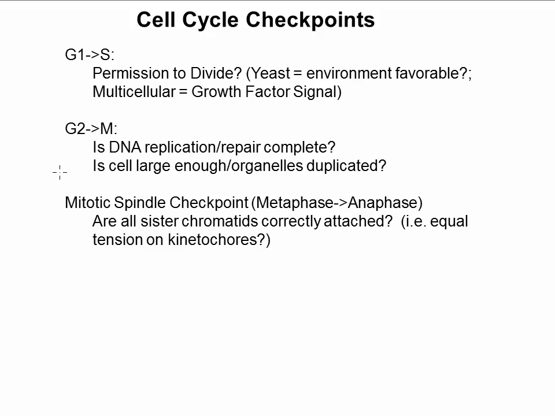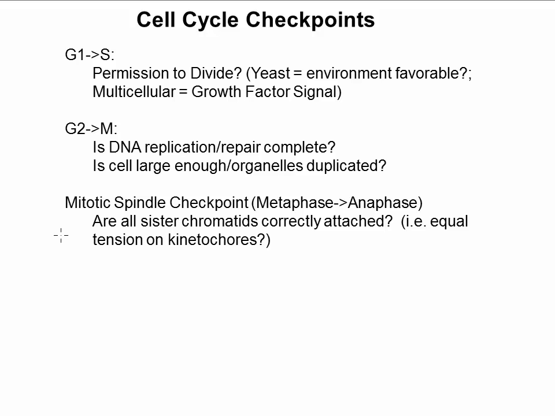and actually undergo division. Now, what's happening at the mitotic spindle checkpoint is exactly what we saw illustrated in that nice movie that we watched in the mitosis video, where we saw the kidney epithelial cells undergoing mitotic division. And remember that we saw that one straggler chromosome that wasn't correctly attached up. It was actually only attached to one of the spindle poles, and it got pulled to one side of the cell. And remember that what we saw in that case was that the cell did not proceed from metaphase to anaphase. It actually waited until that straggler chromosome was correctly connected up and was pulled to the metaphase plate and equal tension had been established.